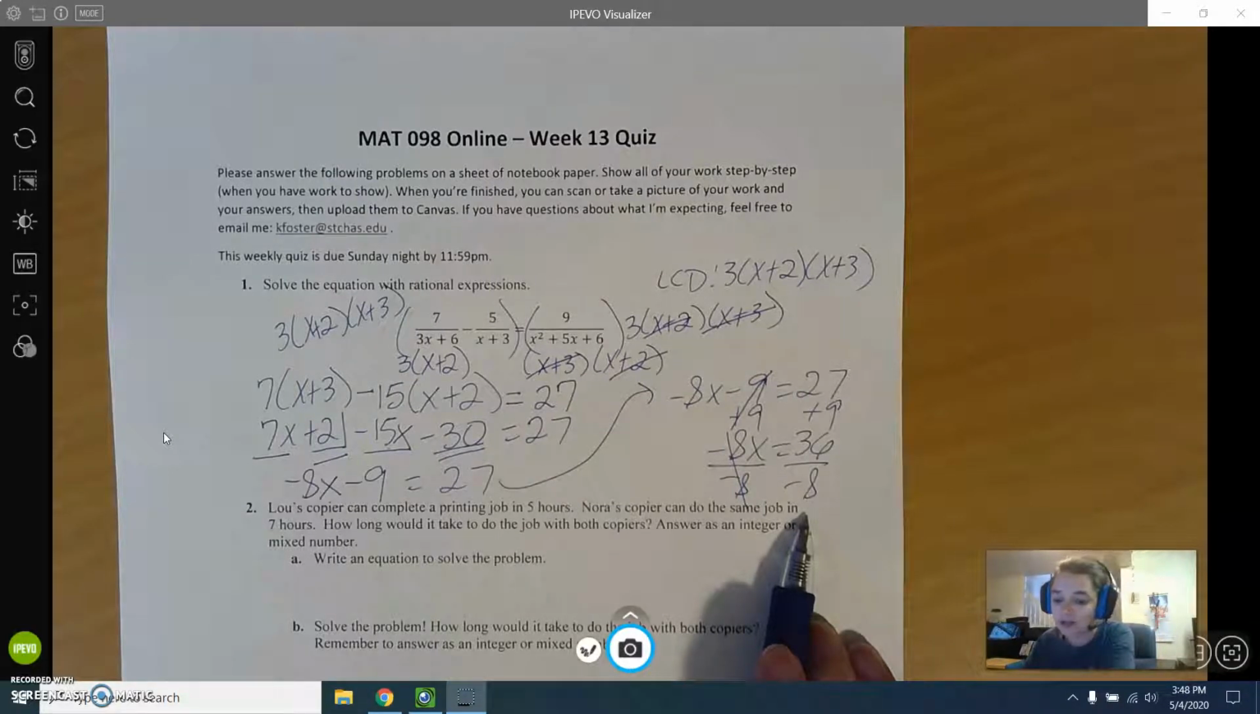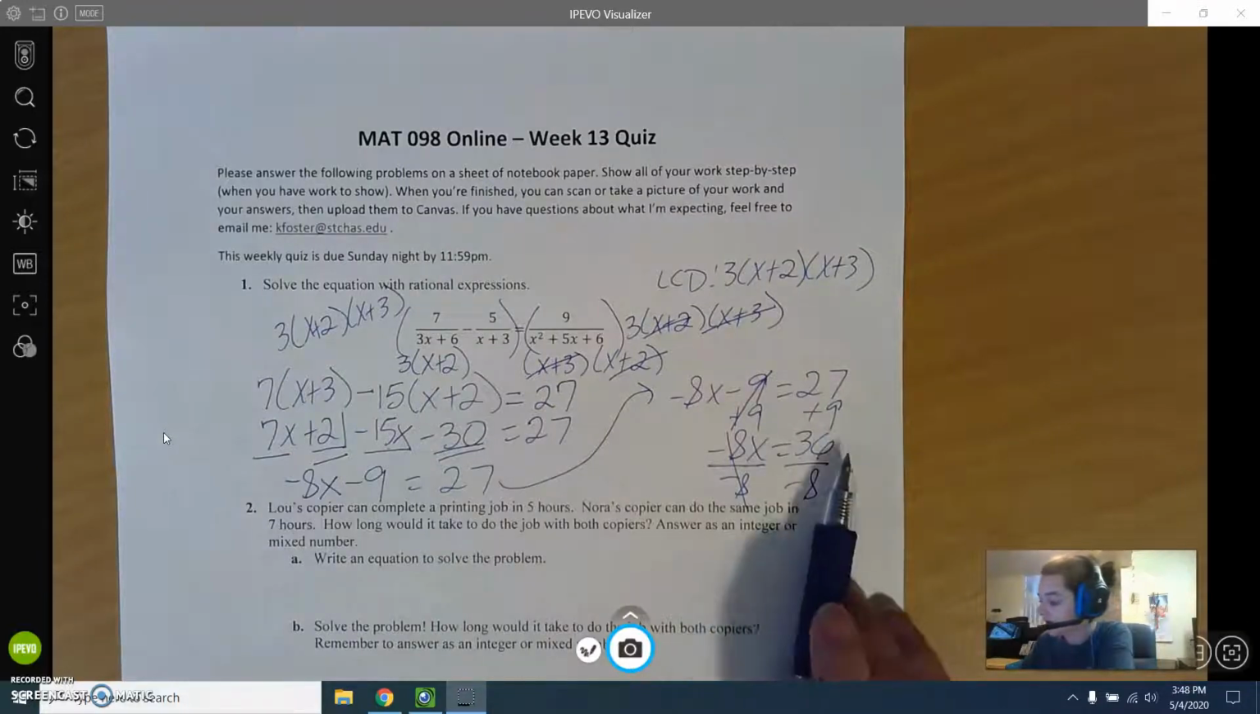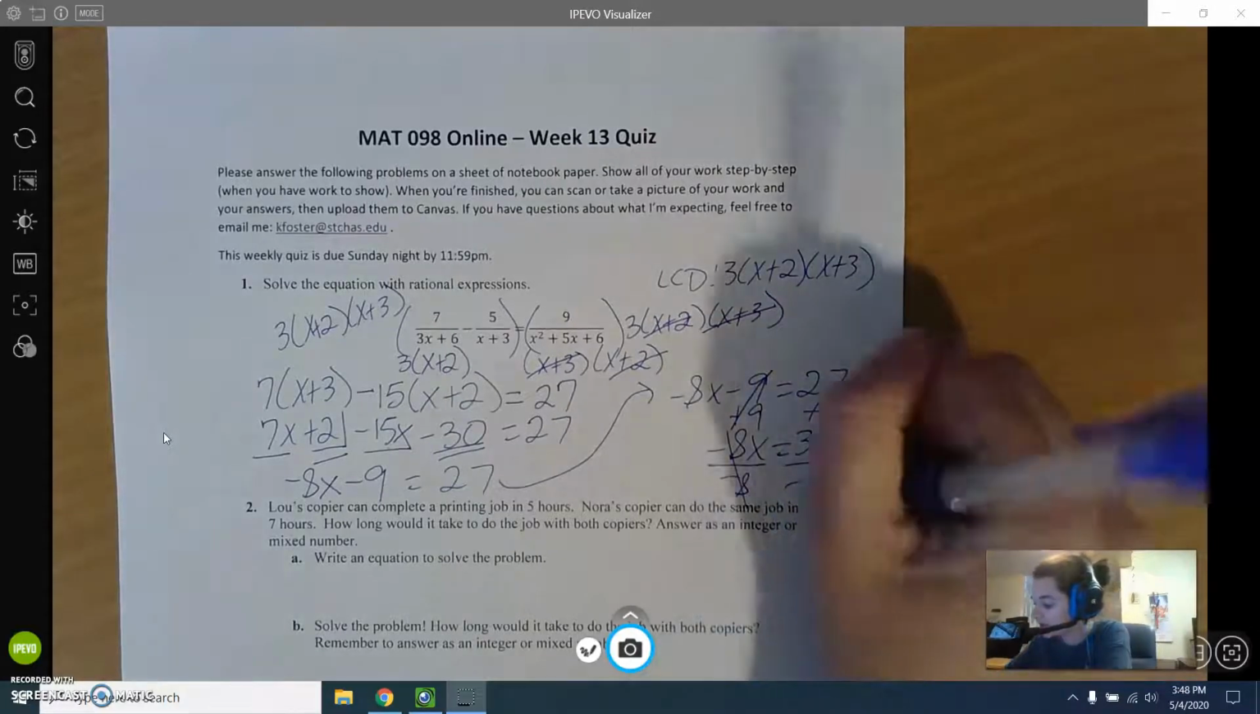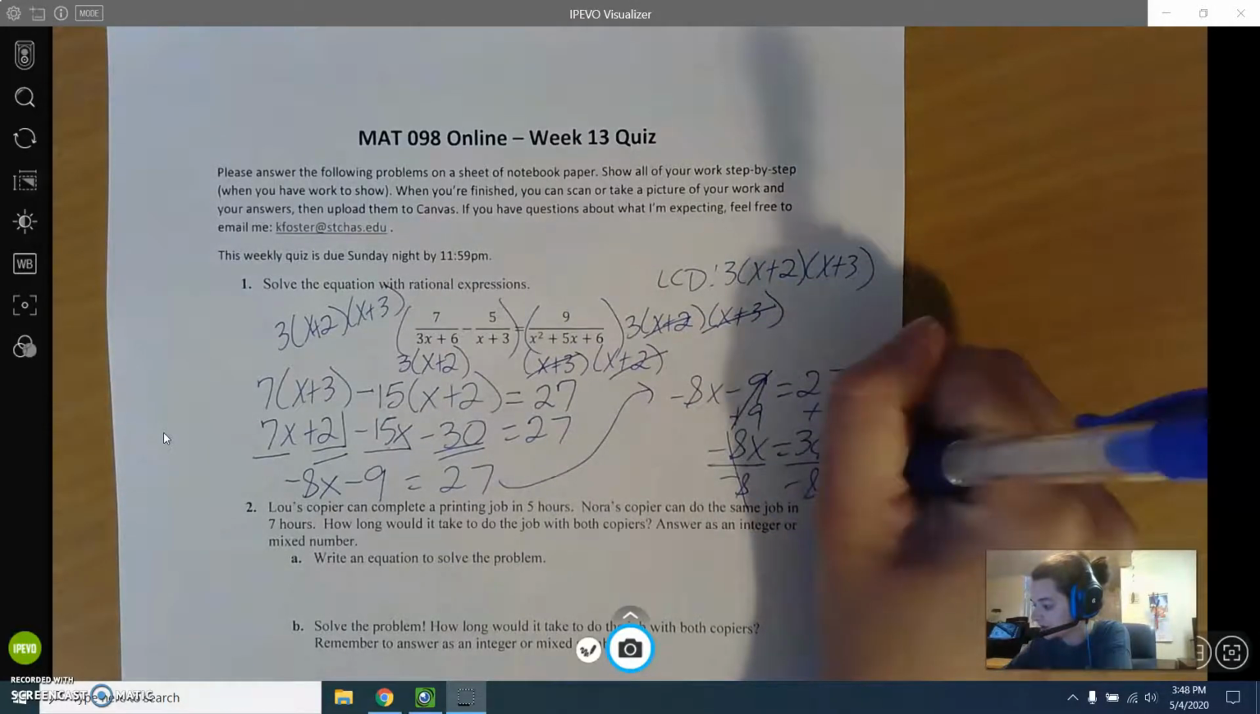I'm pretty sure that my math lab actually prefers it as a fraction and not as a decimal. So let's simplify it as a fraction, just to be consistent there. 36 and 8 is not perfectly divisible, but 36 and 8 are both divisible by 4, so we can simplify that